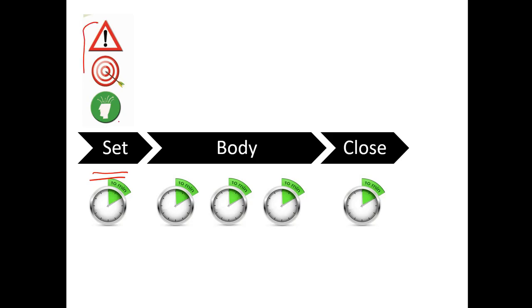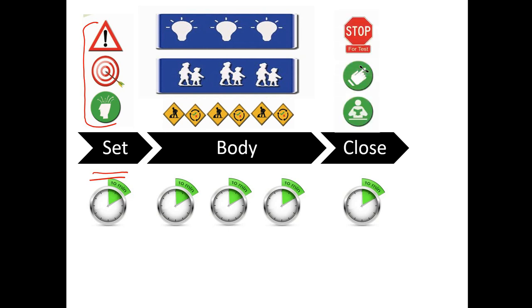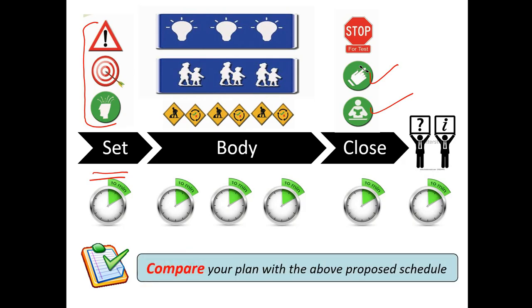So these first three steps are related to the setting, and then the main body consists of these. You will provide new information, learning guidance, feedback, and elicit learning performance. And at the end of the day, you have to enhance the learning retention and provide the learning resources, and at the end of the day you will ask the questions. In this way you will perform a very good presentation. Now,